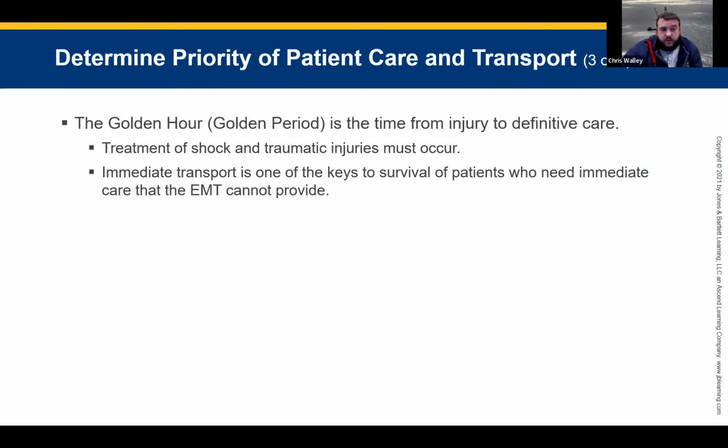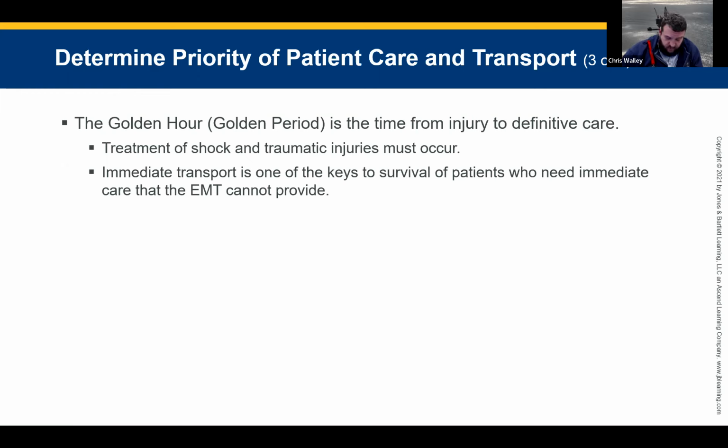A golden hour, or the golden period, is the time frame from injury to definitive care, which means if it's a wreck, from the time that it happens to the time that they get to the medical facility, not just because we arrive, but the time that they get to definitive care, during which treatment of shock and traumatic injuries must occur in order to maximize the patient's chance of survival. Immediate transport is one of the keys to survival of a patient who needs immediate care that the EMT level cannot provide. So remember, if that's something that you're unable to do,